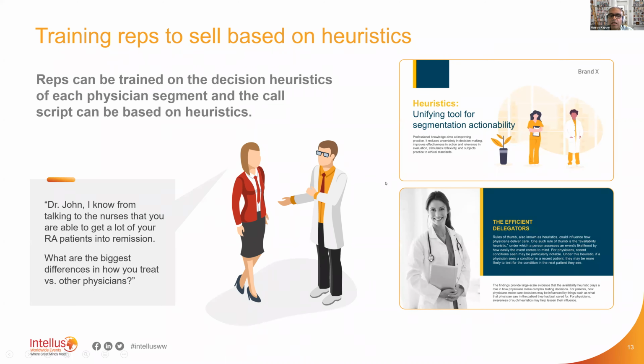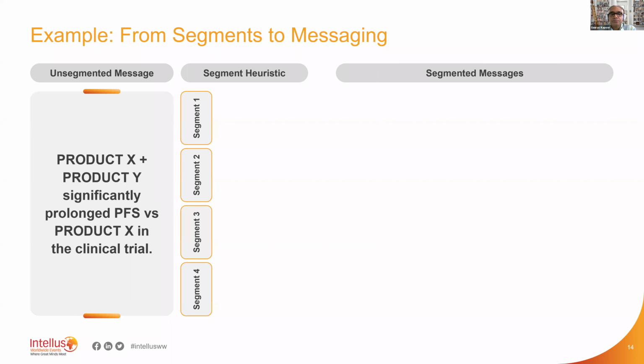And we found that good reps very intuitively understand decision heuristics. As soon as you explain a heuristic to them, they can almost instantly think about some physicians in their territory who are using that heuristic. They may not know the science behind it, but if they've been selling for a while, they already understand these principles. So they embrace this whole way of thinking, and they are very open to the idea of being trained to heuristics. That's what we found, at least in all of our work.